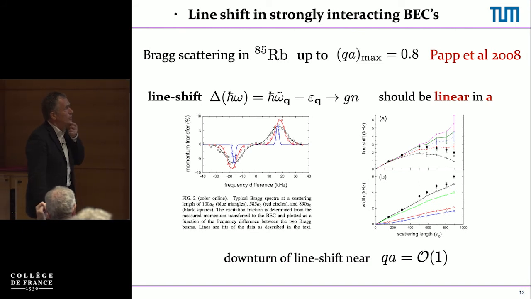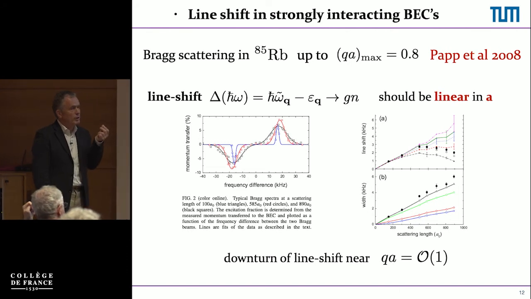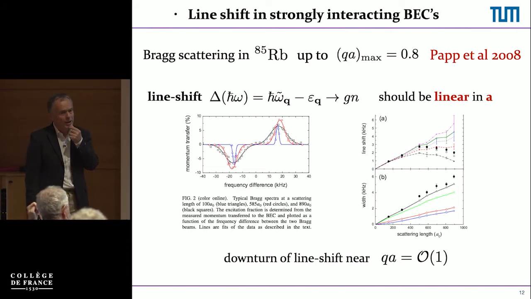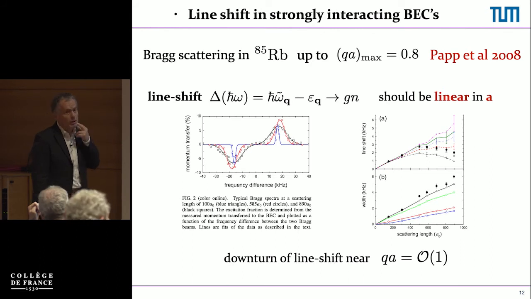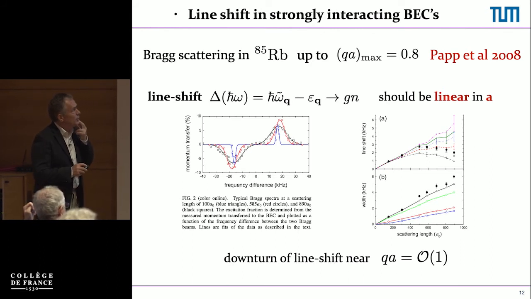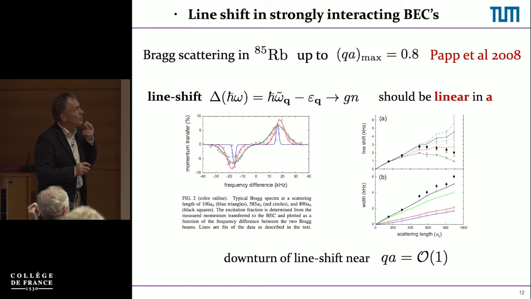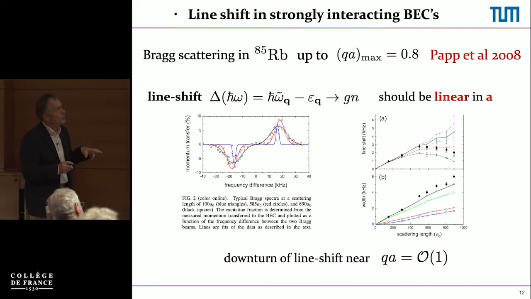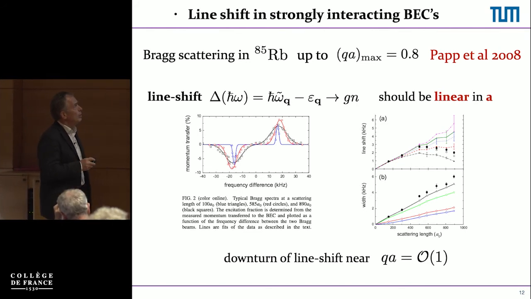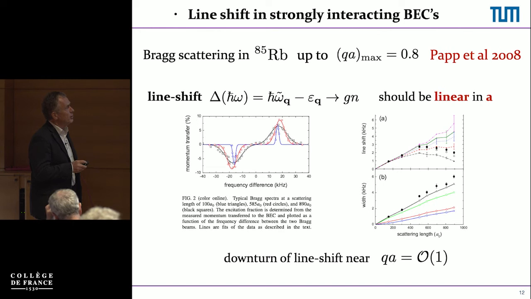the Chiller group, Eric Cornell, Carl Wyman, I think it's the last paper where Carl Wyman was author on a physics paper, and Debbie Chin, measured this, used this method to determine the excitation spectrum at reasonably large momenta with rubidium-85, where there's a nice Feshbach resonance where you can change the scattering length. And they determined the line shift, which they expected just a shift away at large Q from the single particle energy. And they expected this to be given by the mean field shift, and therefore